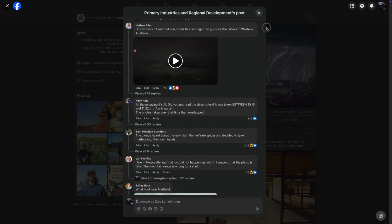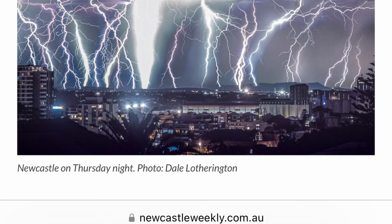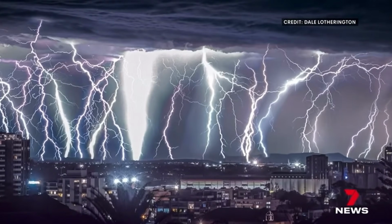This photo went viral right across Australia. It looks impossible, but every single lightning bolt you see here was captured on an iPhone. Yeah, an iPhone. It all started one stormy afternoon when I looked out my kitchen window and I saw an